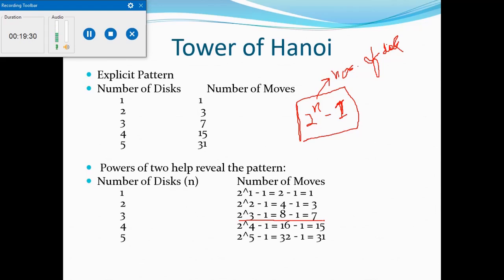So see, in the Tower of Hanoi problem we are actually finding the number of moves only. So if you have an exact count, that is the number of moves. In this case, the time complexity would be order of 2 raised to the power n. The complexity would be order of 2 raised to the power n. Is it clear? Directly it is linked to the number of moves only. Okay, so this is all about the Tower of Hanoi. Thank you.